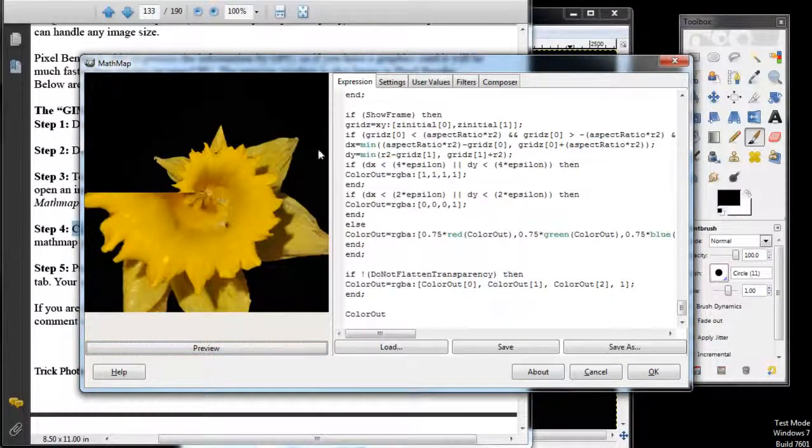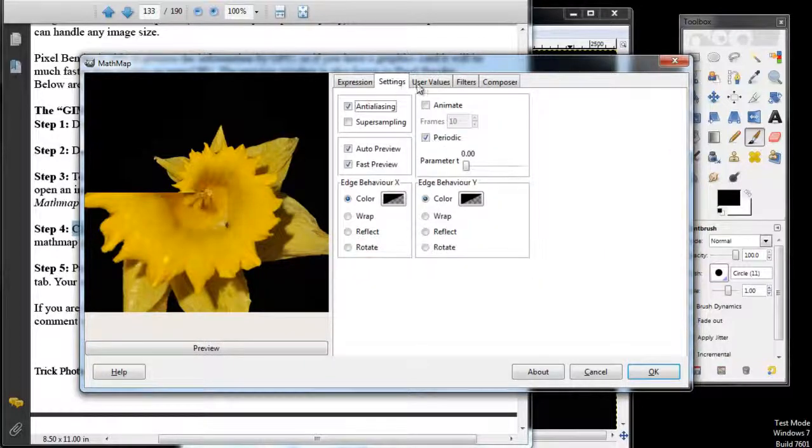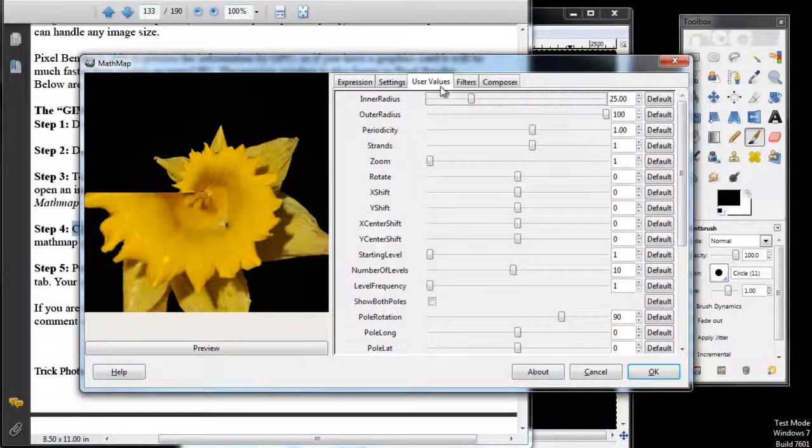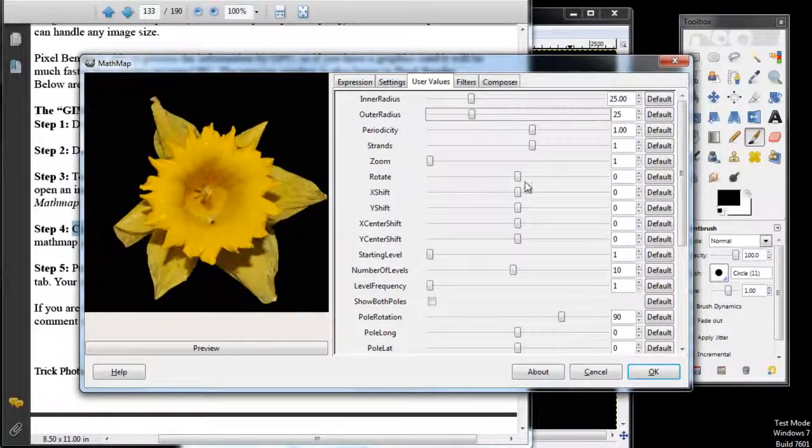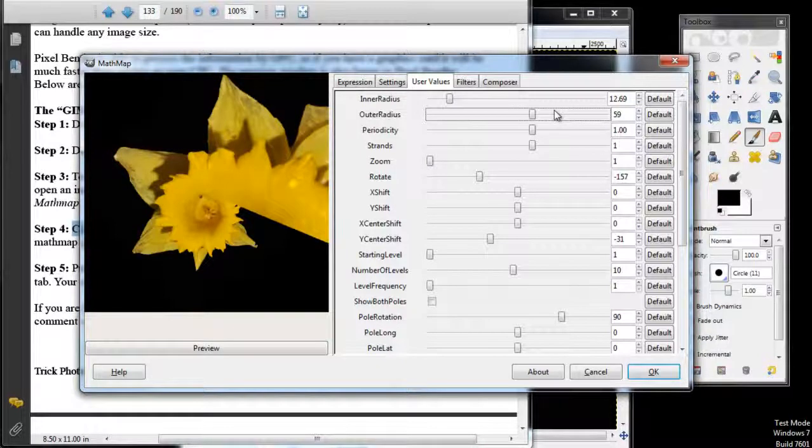And once we do that, we can now go into these different tabs. The user values tabs is the one that you want. And now we can play around with the controls and mess around with the picture. We are going to mess around with all these controls later in just a moment. Before we start doing that though, I would like to show the Photoshop users how to apply the draw stay